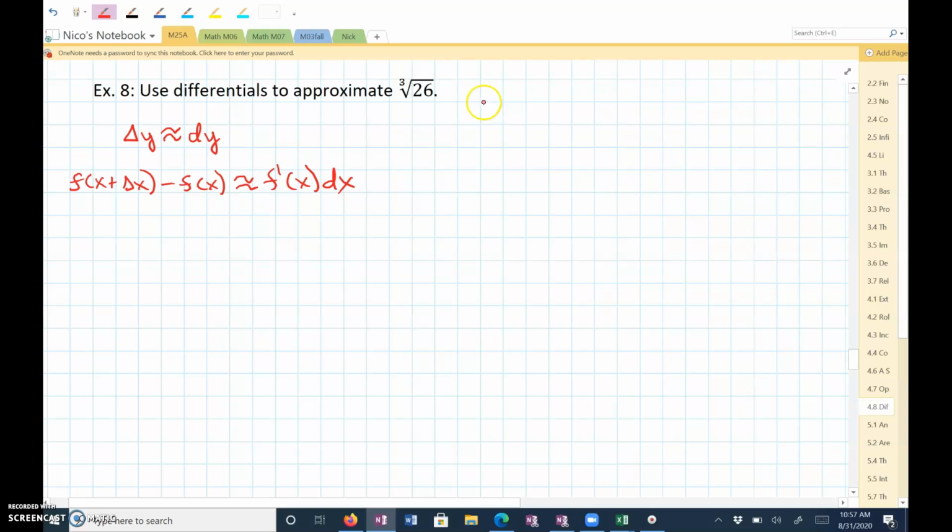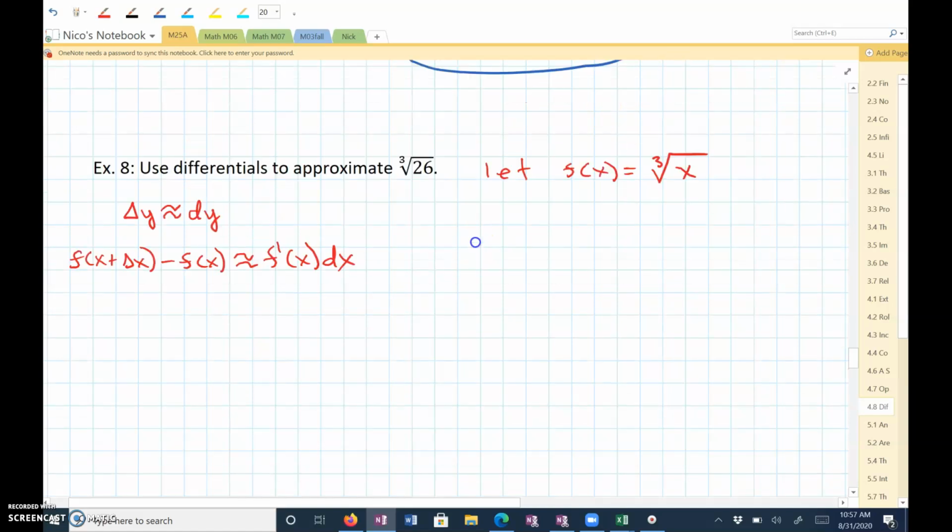So the first thing I'm going to do, I'm going to let f of x equal the cube root of x,